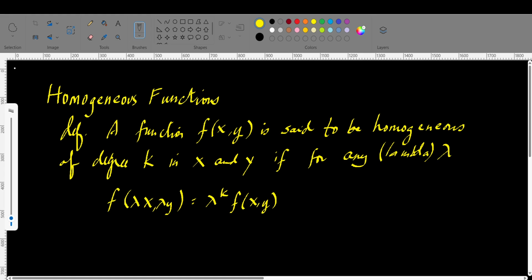This definition simply tells us that if we are to replace x and y by lambda x and lambda y, and after simplification, we can factor lambda to some power k times f of xy, then we say that f is homogeneous of degree k in the variables x and y. So for example,